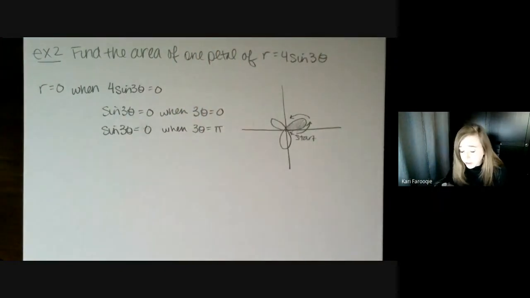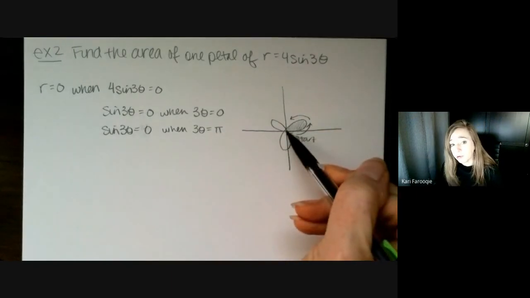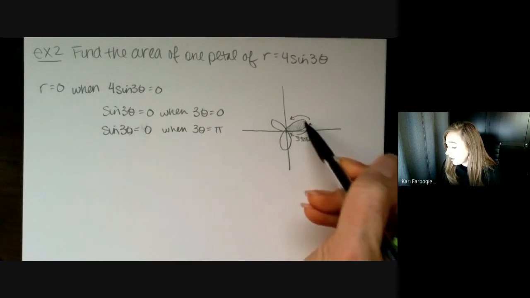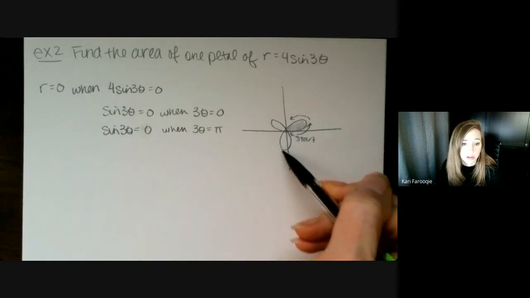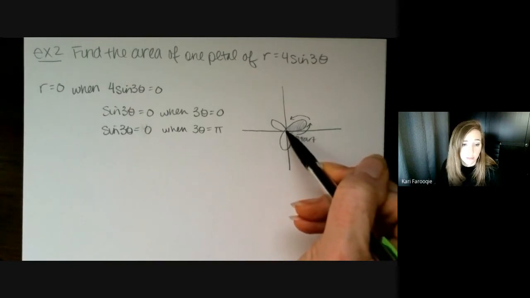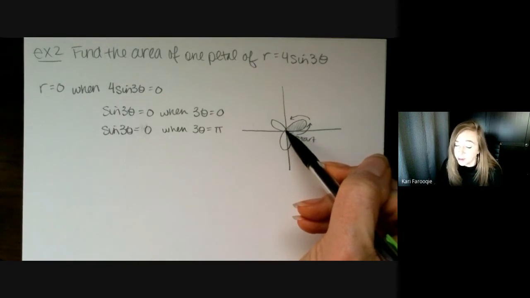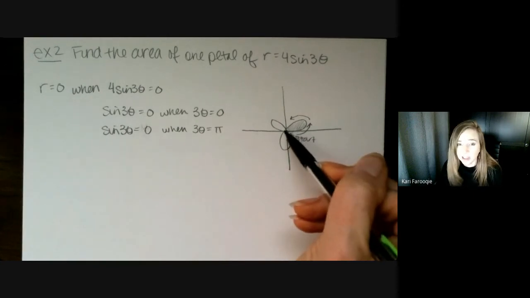So yes, technically 2 pi is also a place where sine 3 theta equals 0, but it's not in sequence. And I need this to be in sequence because remember, I need to hit the origin at the starting point, and then I need the next place where it hits the origin. If I skip ahead to 2 pi, then I'm going to hit the place after that where it hits the origin, and I'm going to actually be getting 2 petals at that point instead of 1. And that's not what we're looking for. We just want the area of 1 petal. Now, that would be fine if you knew you got the area of 2 petals, then you could just divide it in 2 and you'd have your area. But most likely, if you did that, it was by accident and you thought you were only getting 1.